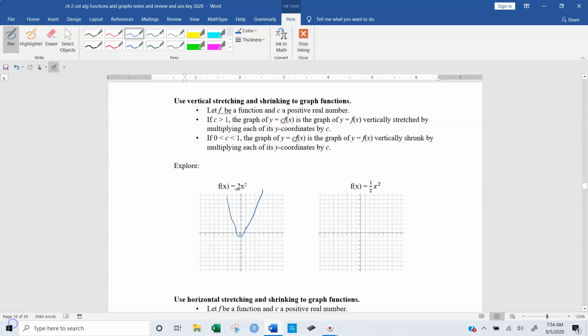Take every value of x and multiply it by 2. So